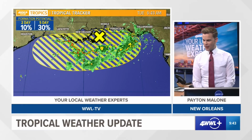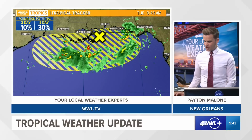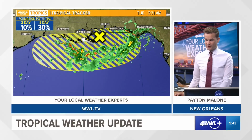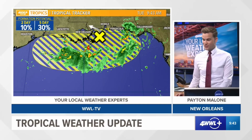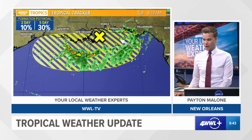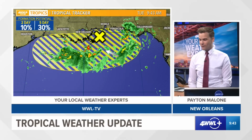You can see it spinning across the northern Gulf there, and the broad low pressure, let me draw on here for you. You can see they're spinning. The storms off the coast of Louisiana are going south. The storms off the coast of Florida are going north. So this is our broad surface trough here, and it really hasn't been organizing much more over the past, we'll say,